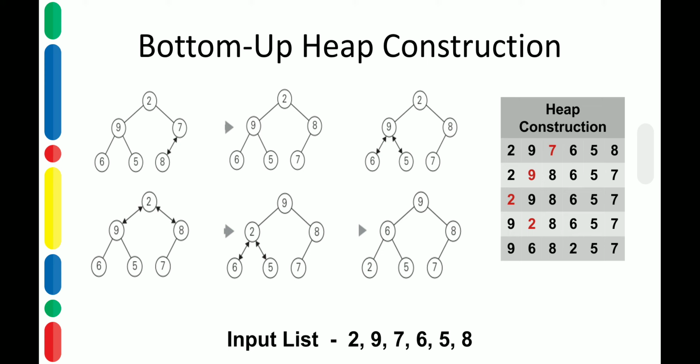So this is the first stage, where the input 2 9 7 6 5 8, which was stored in array form, you can see in the heap construction table, we have directly stored in the input order, and then later we have heapified it, by checking for parental dominance and performing swap operations if it is violated. This first stage, where we change the array into a heap form, belongs to the representational change variety of transform and conquer. So first convert the array into a heap and then use it for sorting.